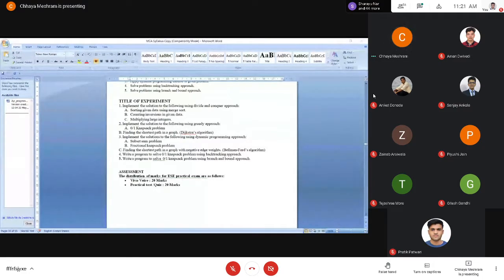So this is our syllabus, design and analysis of algorithm. Prerequisite for this syllabus is the basic understanding of data structure and algorithm analysis. So, I think everyone is aware about data structure. What is data structure and what comes under data structure? What are the different types of data structure? How we can implement them? And what are the different algorithms which are associated with the data structure? I think everyone is aware about this.